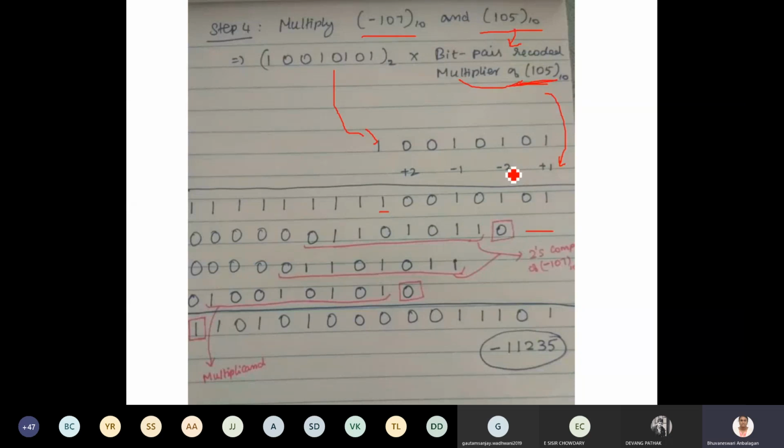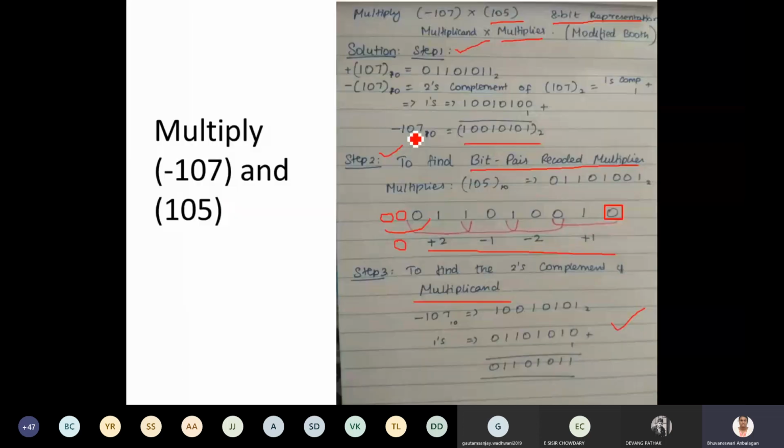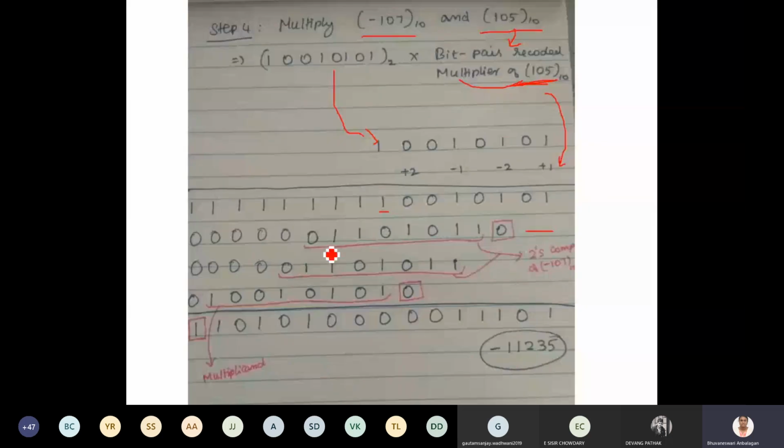I have told you, if you are going to deal with -2, you have to write this explicitly, and then you have to write down the 2's complement of the multiplicand. What is the 2's complement of the multiplicand we have obtained here? This is the 2's complement of the multiplicand we have obtained in the previous step. So you have to write it over here and you extend this sign bit. And this is going up to how many bits? 8 into 2. So 16 bits it actually requires.